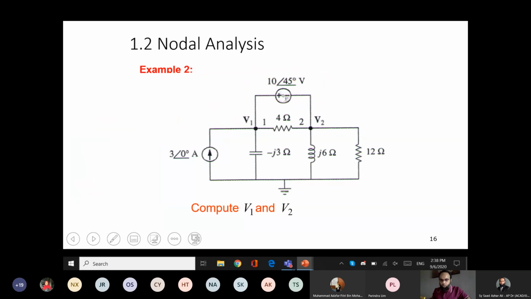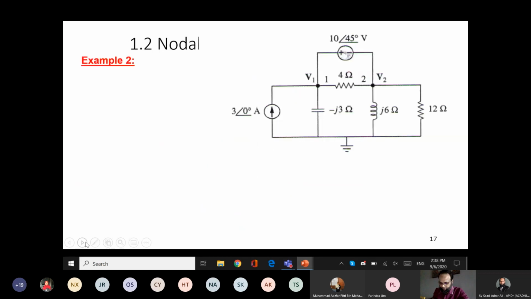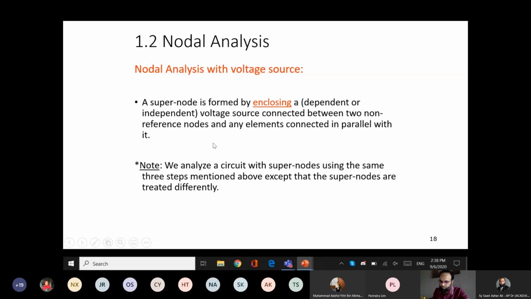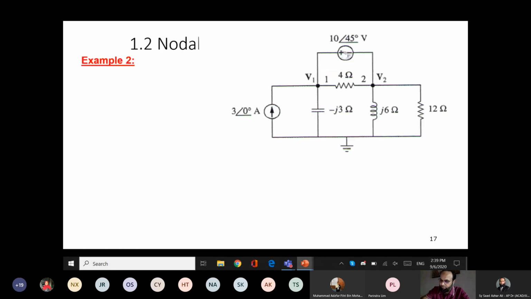So how do we do it? What is the supernode? Just a refresher. Nodal analysis with voltage source. A supernode is formed by enclosing a dependent or independent voltage source connected between 2 non-reference nodes and any elements connected in parallel with it. We analyze the circuit with supernodes using the same 3 steps as the previous ones, except that supernodes are treated differently. So in short, whenever we have 2 nodes